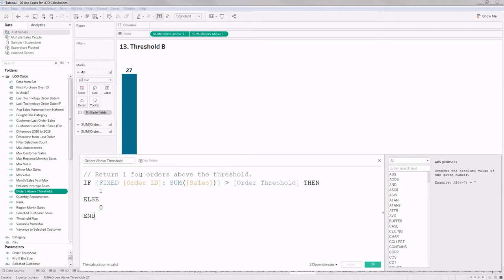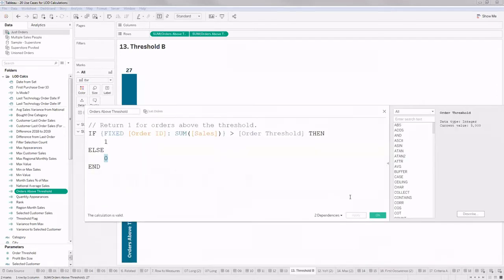What I have here is a simple calculation, just verifying the condition. If I write a simple conditional statement, it will work at the data source level, but I don't want that conditional statement to work at the data source level, but at the order ID level. So I put this particular statement which will help me do that. This will generate the table that we saw earlier, and on that table we are putting the conditional statement. For each order ID, it will see if the sales is greater than the threshold that we have given, which is a parameter. It can be anything, and then it will group those order IDs in one group and the rest of them as another group.